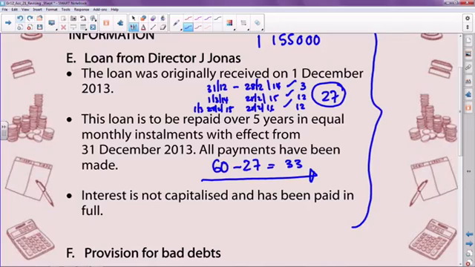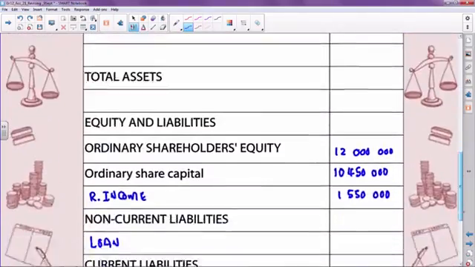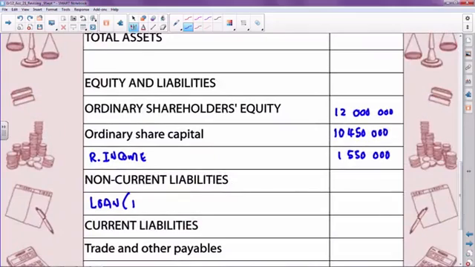And you say, fine, your loan is 1,155,000. Okay? That's as of the end of this year. What do you want to subtract? You want to subtract the payments that you have to make within the next financial year. Why? You want to separate your non-current from your current portion of your loan. And therefore, what you needed to ascertain was that